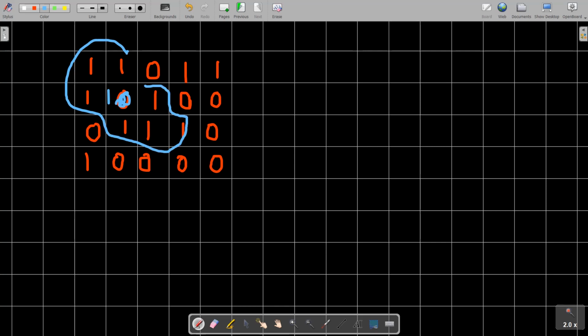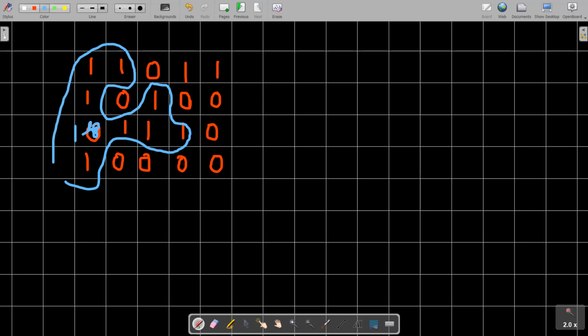Again, you can see that the size of this island that is formed over here is 2 plus 3, 5, plus 2, 8, and still we are getting the size being less than 11. So let's discard this operation. Let's do another one. If we replace this 0 with 1, again you are going to get this one. So it was 4 plus 2, 8, plus 2, 10, and 11.